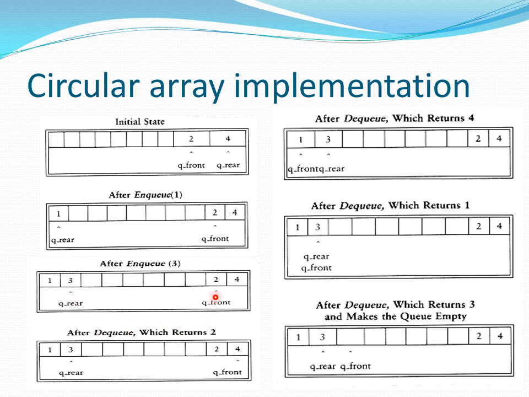After DQ, DQ happens at the queue front. So 2 is returned and the pointer is moved here. Next, again we are DQing. The DQ value is 4. The pointer is moved circularly to this position. After DQ returns 1 and the pointer is moved here. After DQ returns 3, the pointer is moved here, which represents the queue is empty, since the queue front location is left blank.